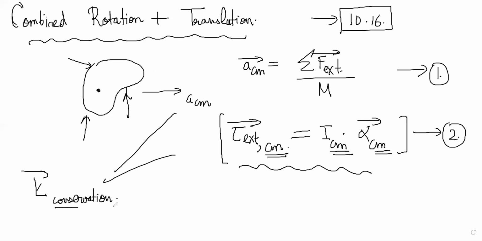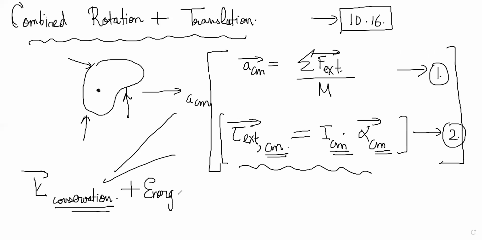Most of the time when you see the exercises, you'll realize that there are two ways to do the problem. There will be a force method, and then there is an angular momentum method. By force method, I mean torques and forces. And there will also be an angular momentum plus energy method, momentum and energy conservation method. Most of the times, this method will be faster. So we need to learn how to write the angular momentum of these bodies, rotating plus translating. But before we do that, we'll discuss a little bit of rolling.